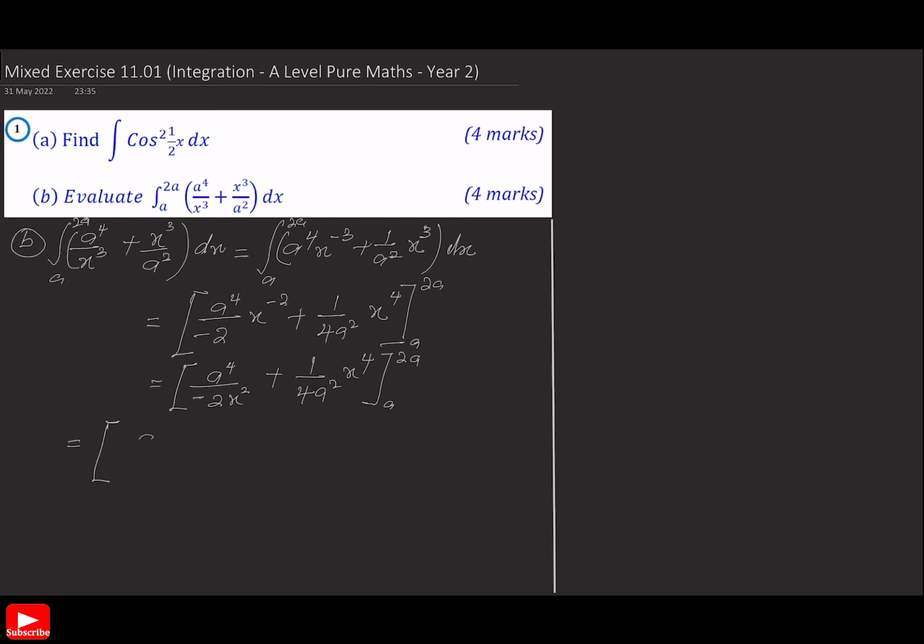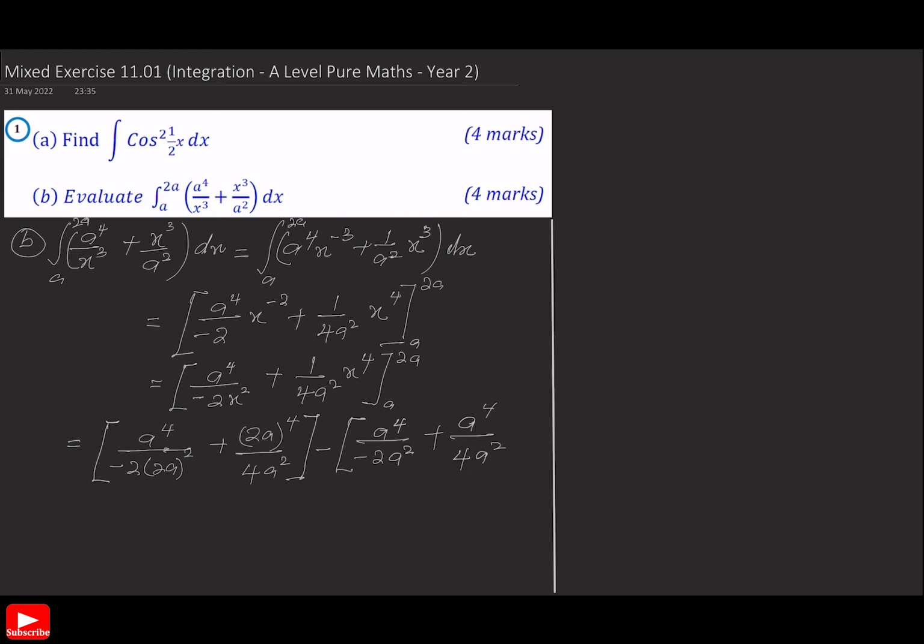So I'm going to get a to the power 4 over minus 2 brackets 2a, all of that squared, plus 2a all to the power 4 over 4a squared minus a to the power 4 over minus 2a squared plus a to the power 4 over